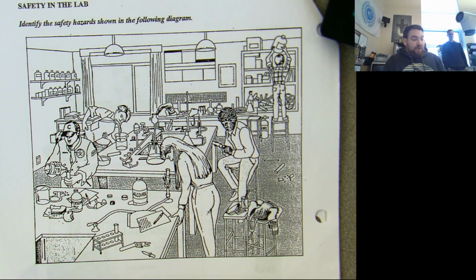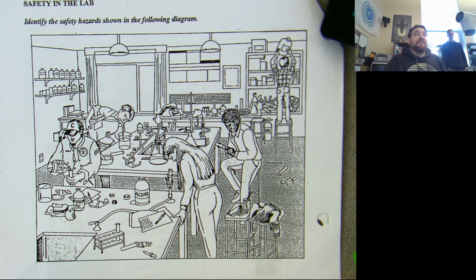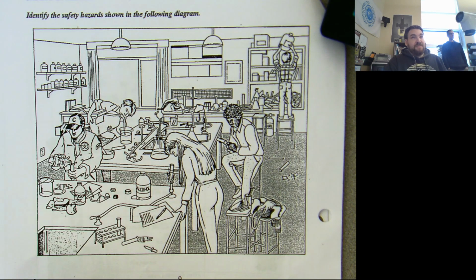I've had students come up with more than 15, but there are at least 15. Find all of the problems based on stuff that we've talked about, based on stuff that you've learned before about lab safety. And then tomorrow we're going to go through this page, the WHMIS stuff, and you will be handing in your